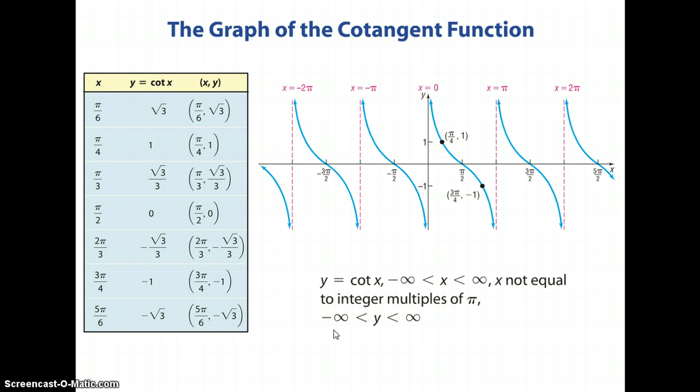Now the cotangent function, you've got to pay attention here. You should be able to answer this question: why are the vertical asymptotes at the y-axis, and then pi, and then 2 pi, negative pi? Why are these lines the vertical asymptotes? You've got to ask yourself that. Well, the answer,